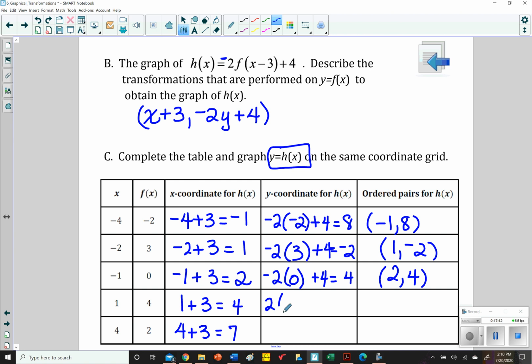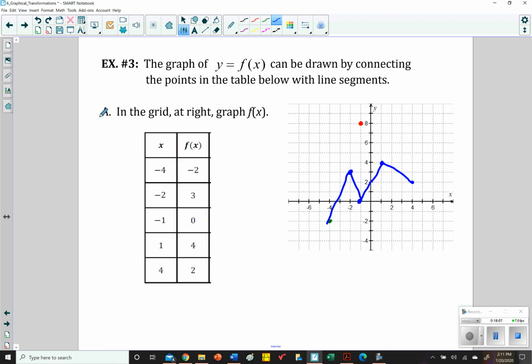And then -2 times 4 gives us 4, -4. And lastly, -2 times 2 again, plus 4 is 0. So 7, 0. So this column here, we're going to go back to the graph and graph those coordinates overlapping